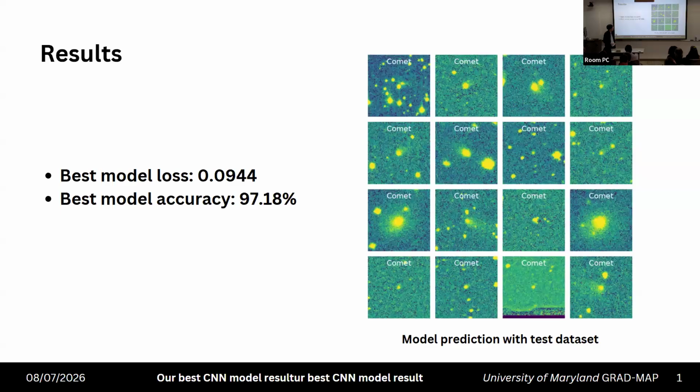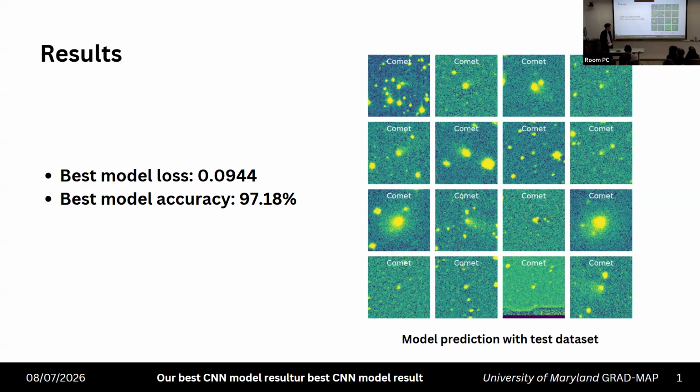Because this is a sample that we take out from the prediction. So you probably see this one has quite appearable comet features. This as well. But for example, this one they label as comet, but it's quite not clear to see the tail. You can see some tail like this, but I'm not sure. And for example, they label this as comet as well, but you don't see the tail. This has the tail, but it is not really clear, like this as well. So I don't believe in this accuracy.